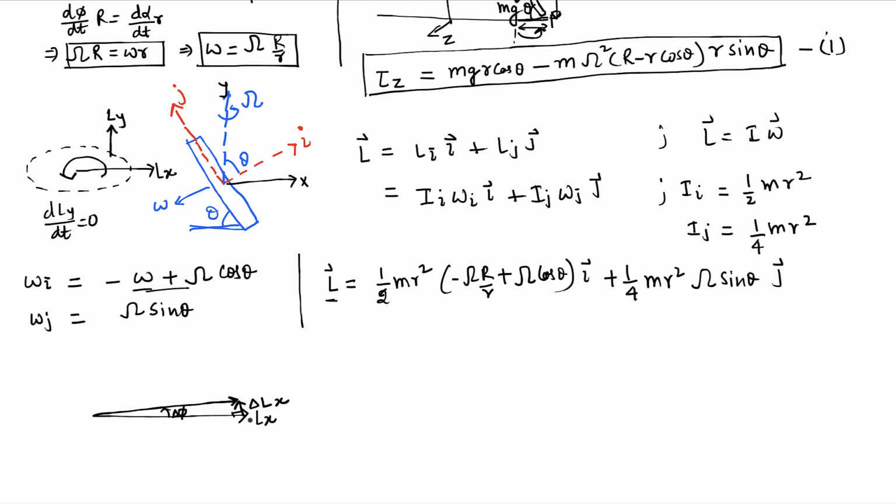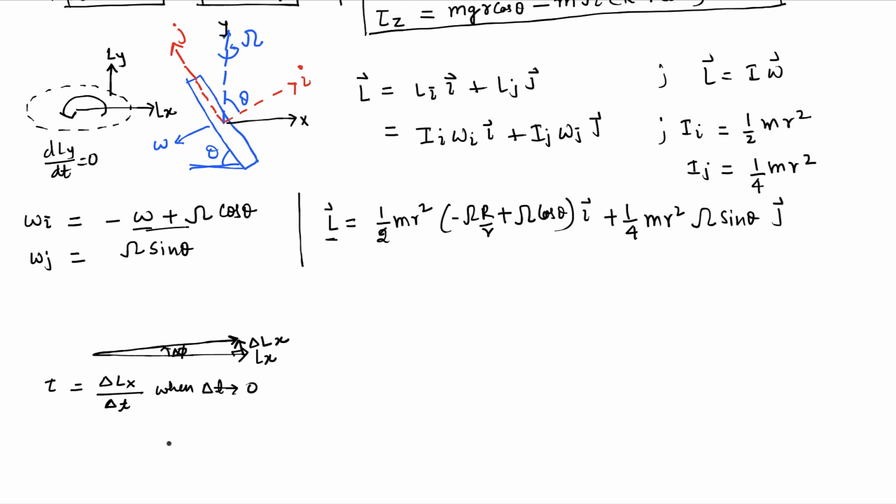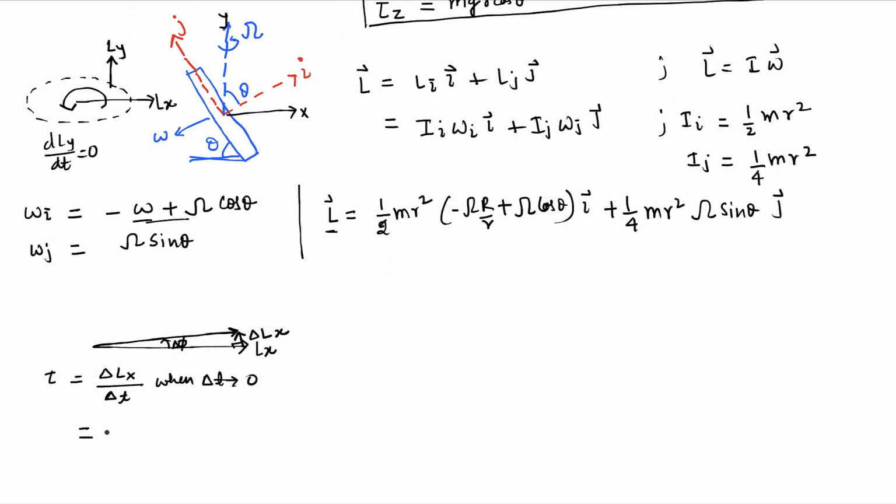So which means if Lx is in the x direction, delta Lx is going to be in the minus z direction. Okay. So delta Lx is in the minus z direction. And what is torque? Torque is nothing but the rate of change of angular momentum. So let's say delta t, when delta t tends to 0. Okay, what is delta Lx? Delta Lx is nothing but